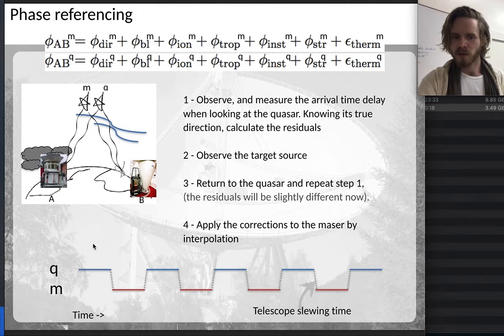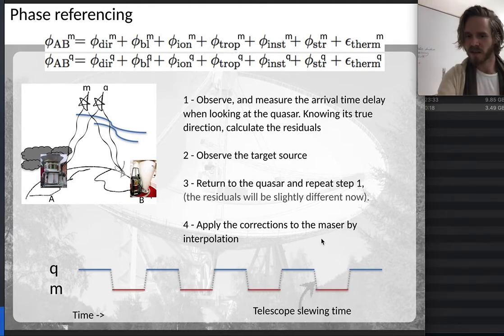So if you want to accurately measure how this phase term changes over time, you need to measure it more frequently than it's changing. So when you do that and you measure the residuals at this time and this time and this time and this time and this time, you can then interpolate those solutions or those calibrations to the time where the telescope is on the maser, and then apply those to the maser. And so there's literally measuring a number for this